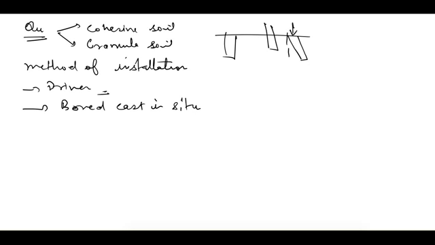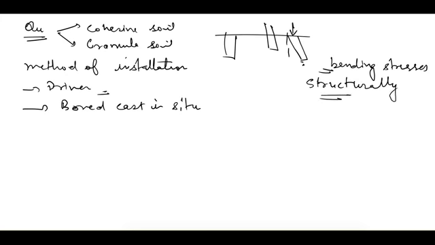Now if you put a vertical load on this pile, then because of this load, bending stresses will develop in the pile material or in the pile itself. We have not designed this pile for these bending stresses, so this pile may fail structurally. So we do not use a single pile if we are using the driven pile method. Instead of that, we will use at least 3 piles. That means we will use a pile group.